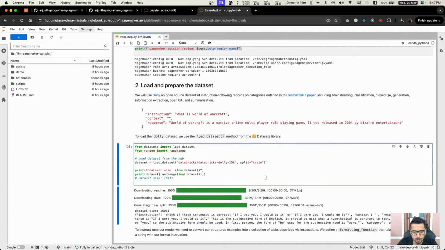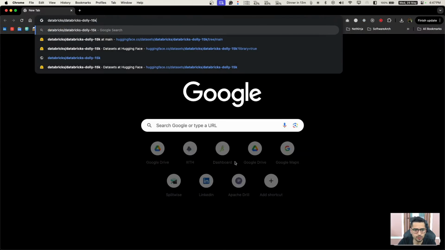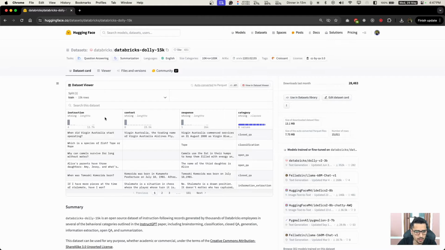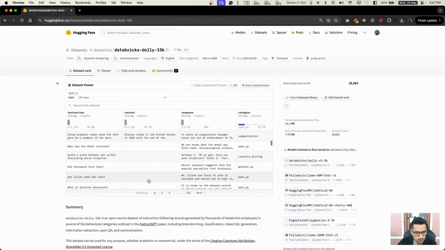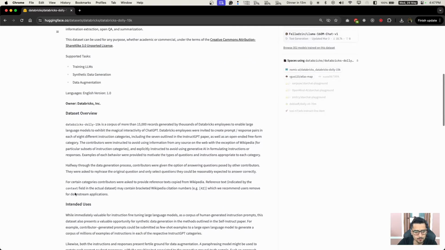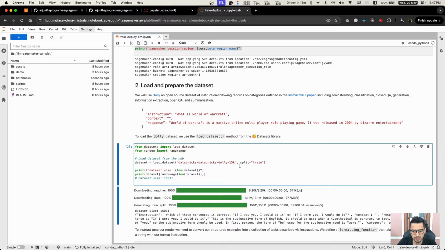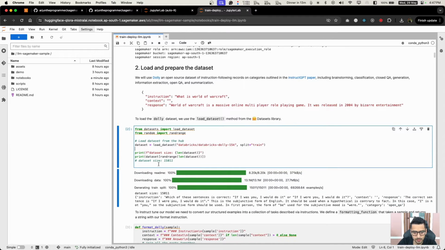After that, we are going to load and prepare our dataset, and in this case, we are going to use this Databricks Dolly 15K dataset, and we can also search on Google what it is about. So if we go to the Hugging Face website, we can see it consists of different kinds of instruction, context, response to the instruction, and also different kinds of categories which are involved here. So we are going to use this dataset to fine tune our Mistral 7B model. And if we want to print the dataset size, there are around 15,011 rows in this dataset which we are going to